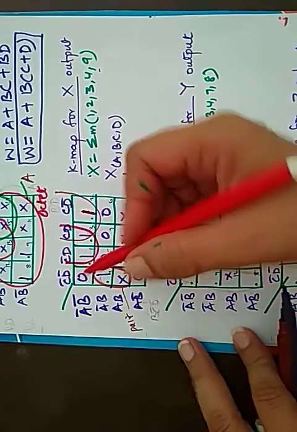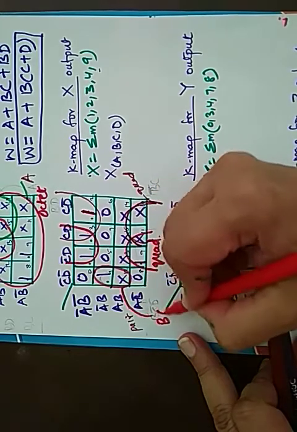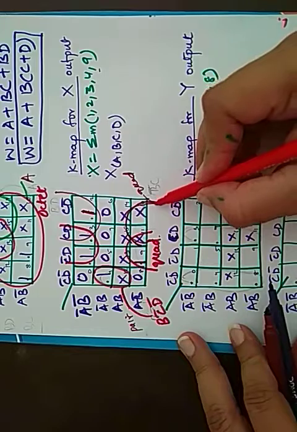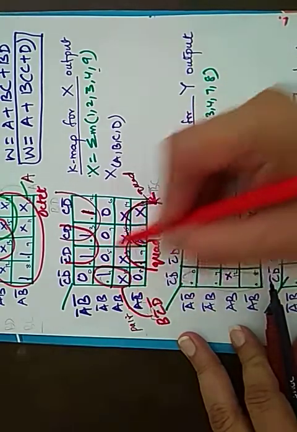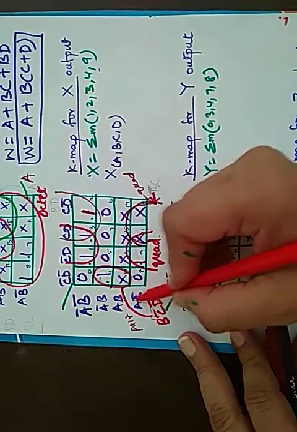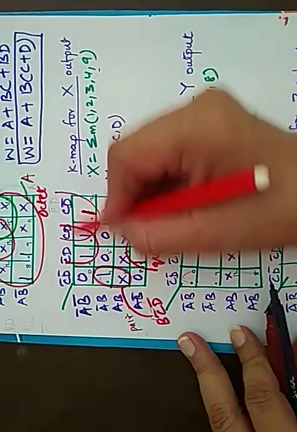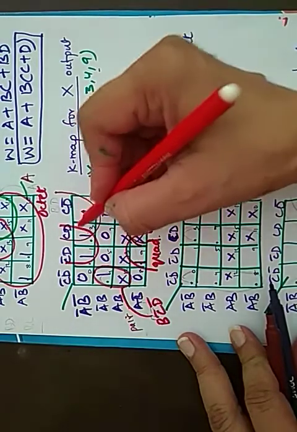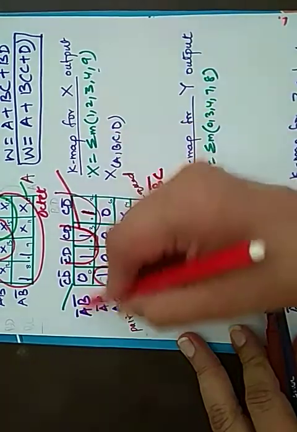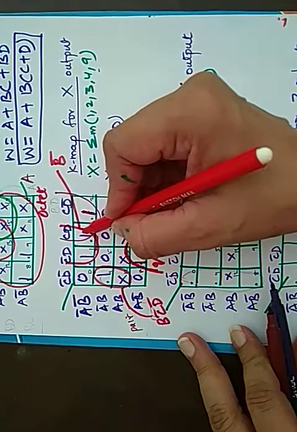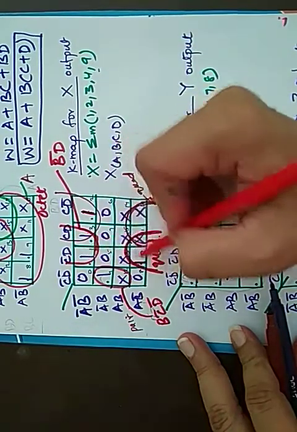This pair, the value is B, C bar, D bar. So the value of this pair is B, C bar, D bar. The value of this quad, this is column from this side. The rows are this and this. So we have B bar from here, and this is C, B bar, C. And the last one is this quad. Again the column is B bar and the row is B bar, and the column is D. So B bar and D.